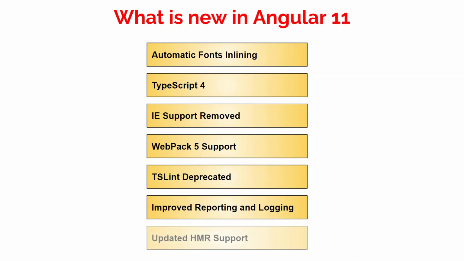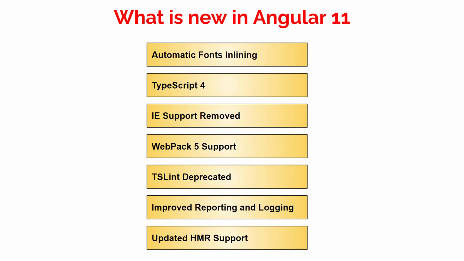Also, they have made an update in hot module replacement. If you are not aware of HMR, it is basically a feature in Webpack that allows for modules to be replaced without a full browser reload. This feature helps us to maintain the state of the application if we make any changes while the application is running. On page reload, those states are lost. This feature was already there in Angular for a long time, but to enable it, we had to make a lot of configuration in our application. I have added the link to an article on how to enable hot module replacement in previous versions of Angular. But Angular 11 made it super easy.